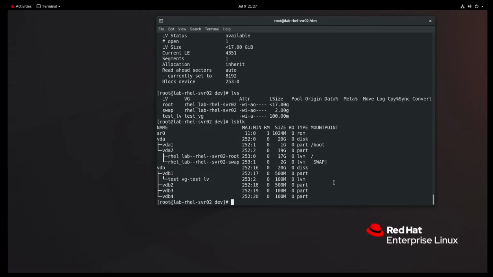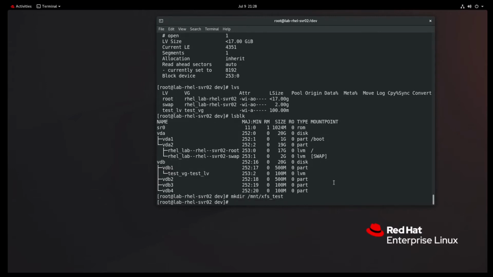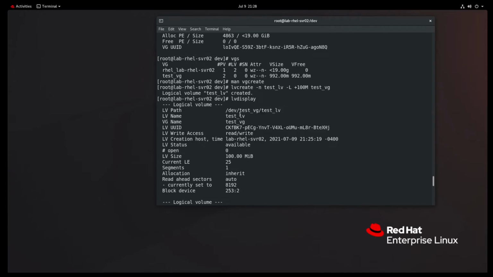So we're going to make a directory. We're going to put it in the mnt folder, and we're going to call it xfstest. So if we wanted to take this block device here, this test LV, and format it with the XFS file system and then mount it to this particular mount point, here's what we will do for that. The test LV, if we were to go back and look at some of the details here, that is the actual path to test LV. There's a couple other ways of doing this, but what we need to do, I'm going to copy this path here,